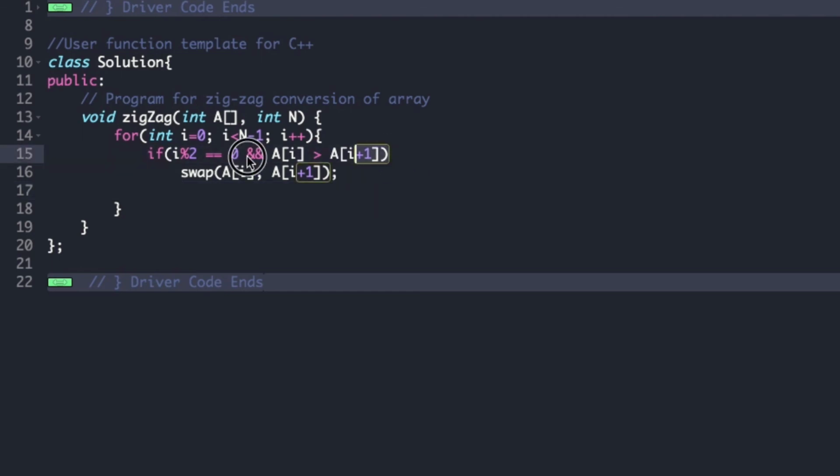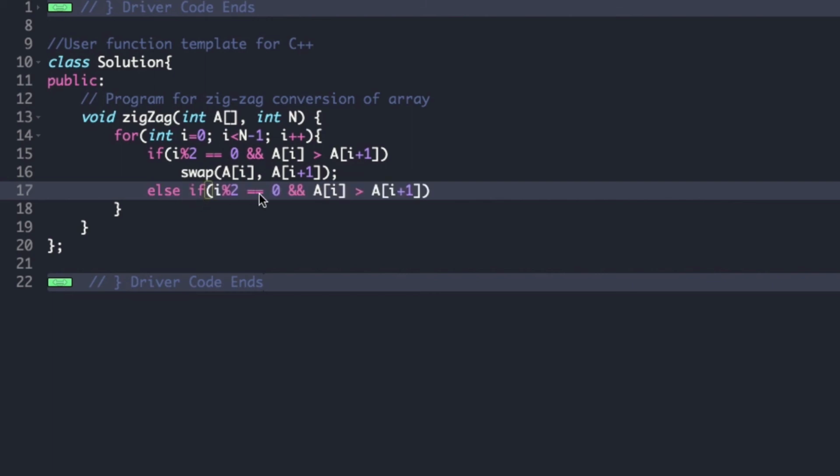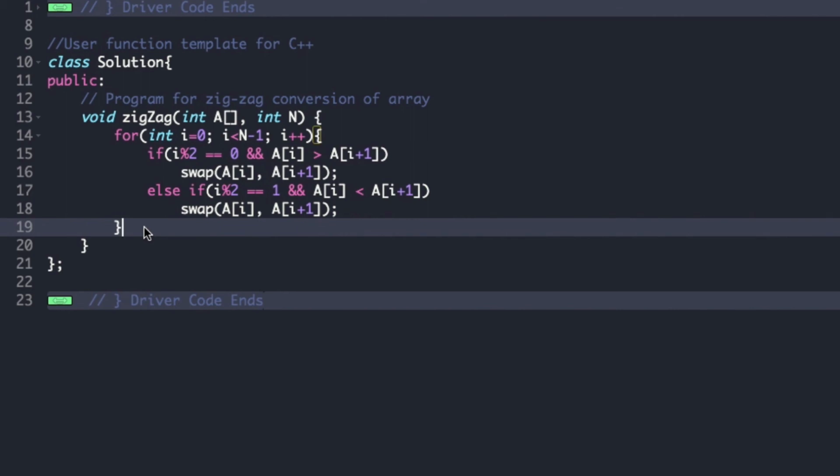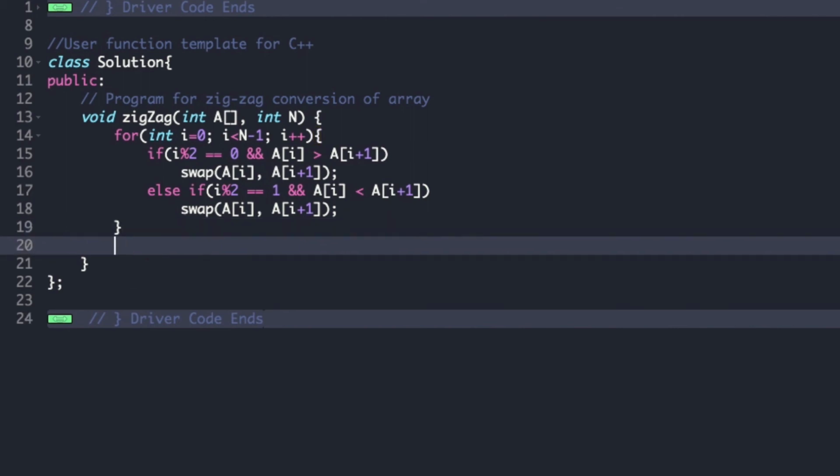And similarly we check whether i is odd, and if i is odd then we check whether A[i] is less than A[i+1], and in that case also we swap A[i] with A[i+1]. And finally after the for loop we return from the function.